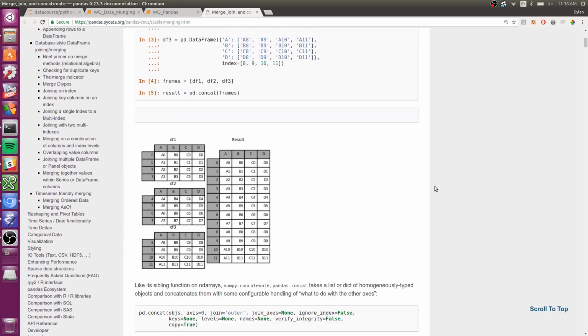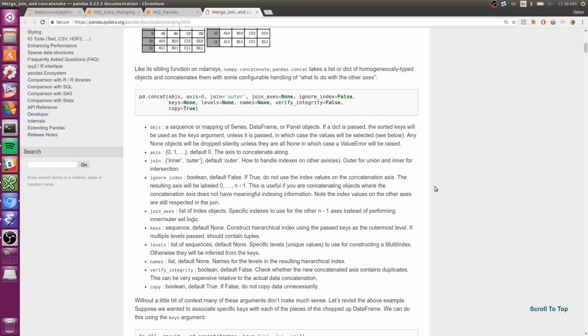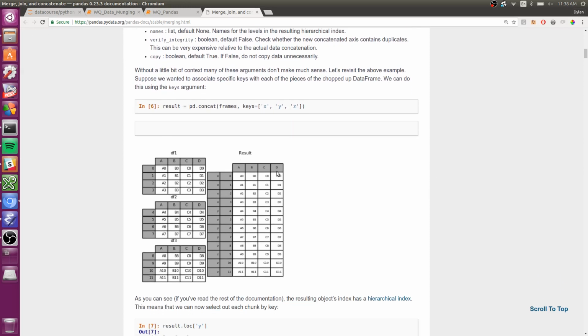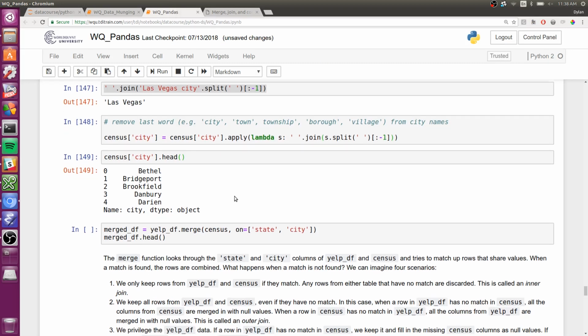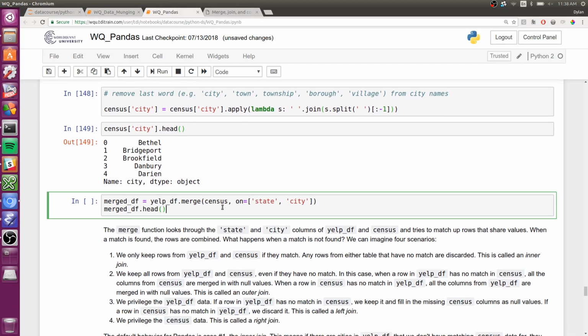Once again, this documentation is very good. You can see there's diagrams with example code. But one of the most common ways to perform a join in Pandas is to use the merge method. So I'm going to merge these tables together,